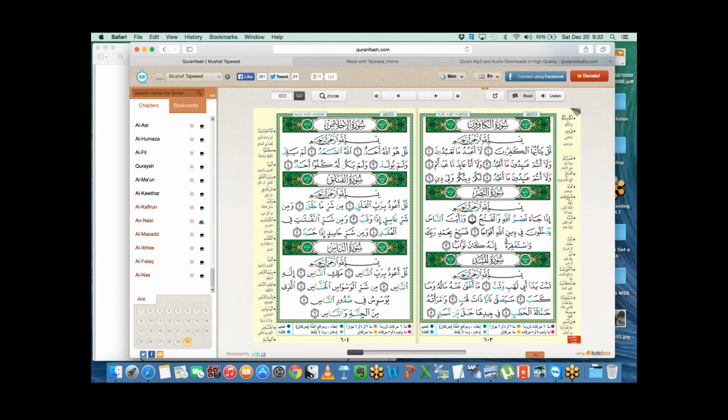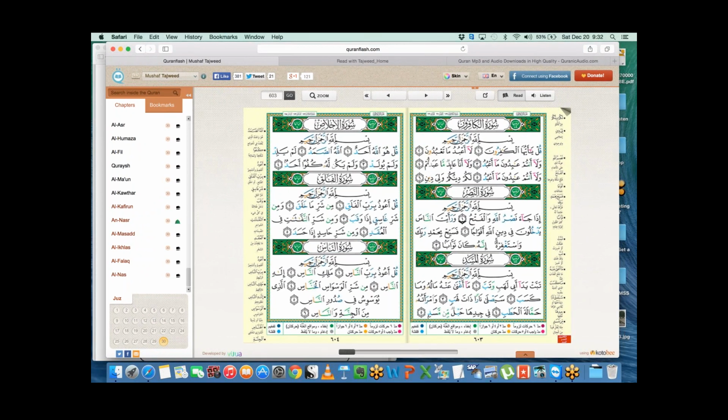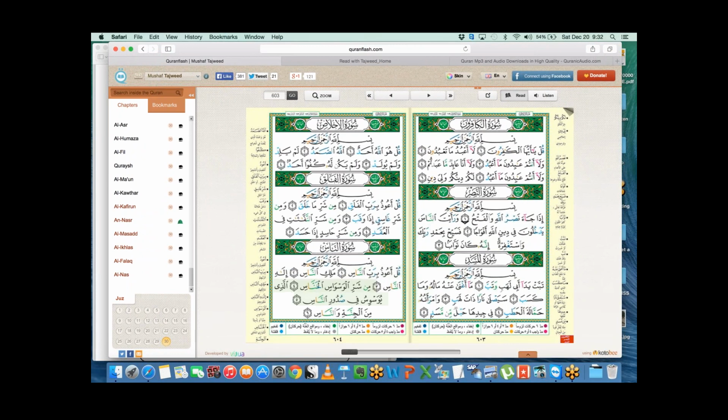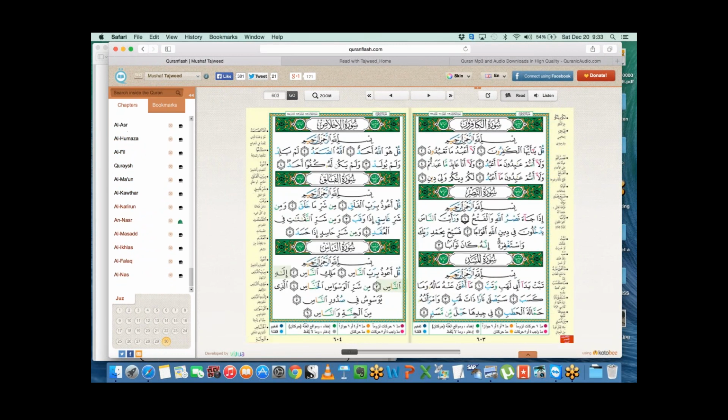The idea is to cover all of the last 10 surahs, from 1, 2, 3 all the way to Alam Tara Kayfa. We will try and memorize all of these, and if you are really good, we will memorize more. Then inshallah we'll start covering the meanings of the words as well. I'll go ahead and read it first, or maybe I can get the Sheikh to read it for us.